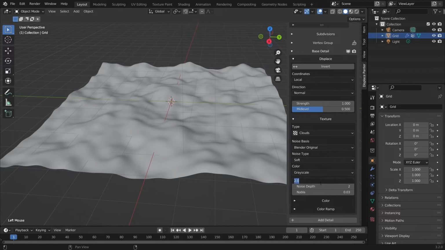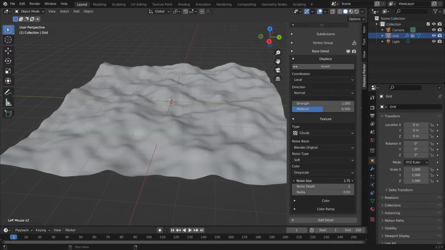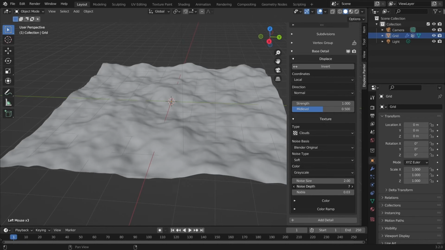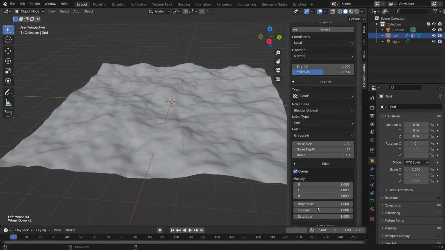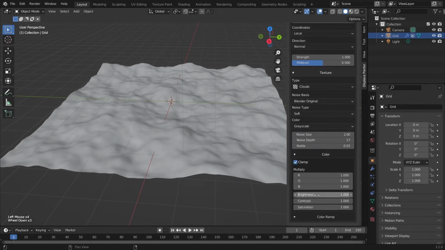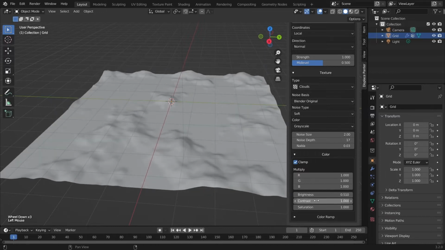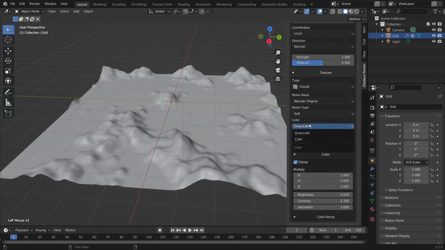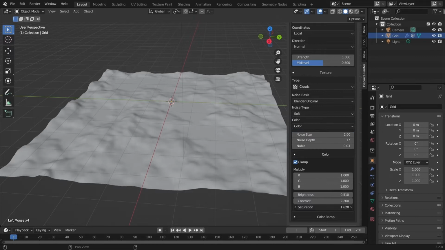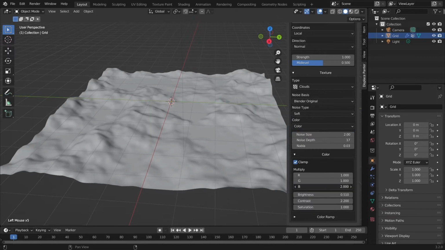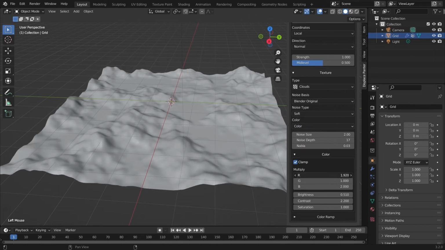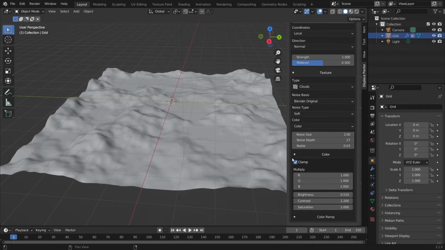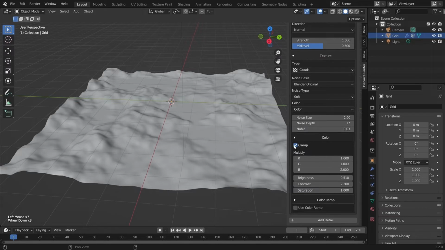Now the texture is probably one of the most important parts. This is where you can control the scale, depth, color, like the brightness, contrast, and if it's a color instead of a grayscale, you can have saturation, and the red, green, and blue. You can also change the clamp. We also have the color ramp,